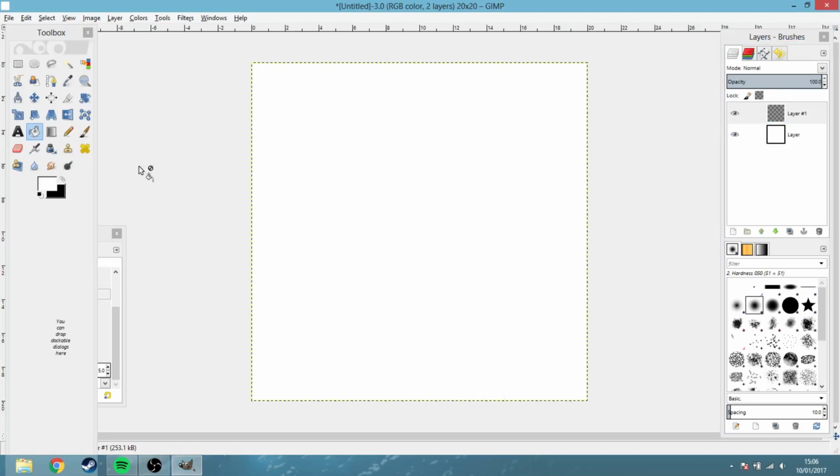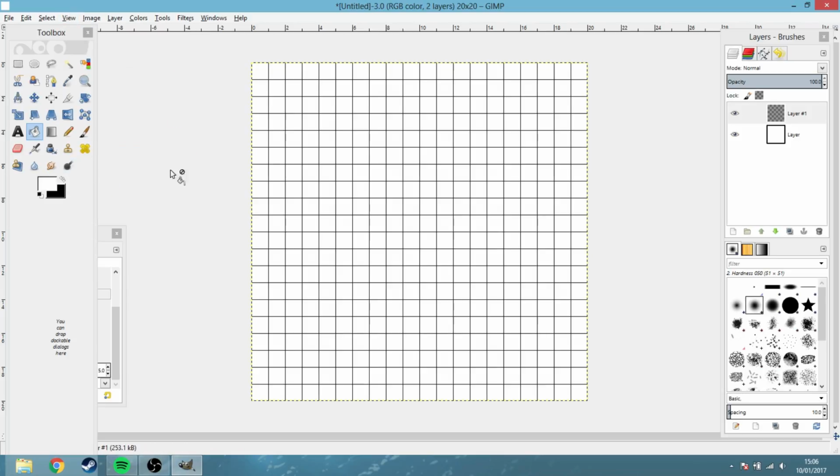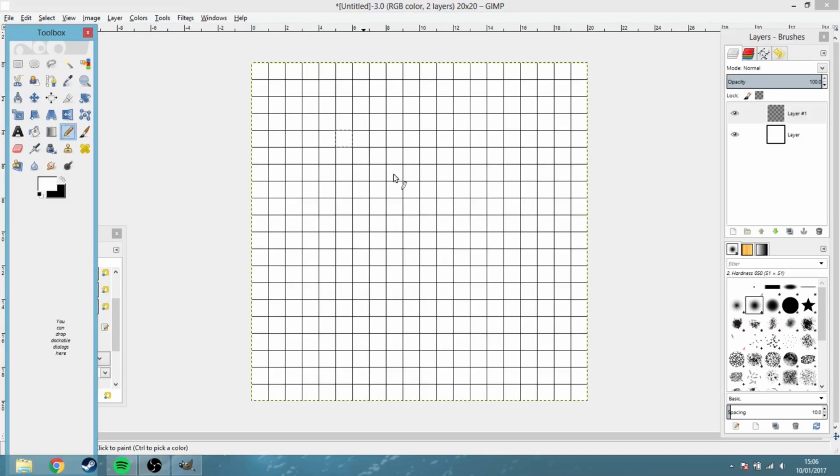So if I want to turn off the grid and see what I've drawn, so we'll put back the grid on. And the last thing I want to show you guys is that you really want to learn the hotkeys in GIMP, because it may get a bit tiresome going back and forth: pencil, eraser, paint bucket, eraser. So what you want to do is hover over the image or the button, and you'll see pencil tool, hard edge, painting brush, using a brush, and then you'll see a bold letter behind it